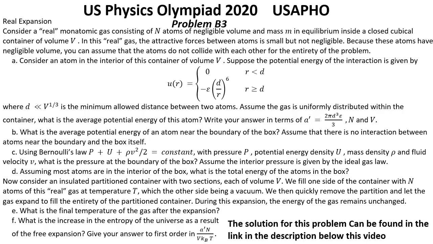US Physics Olympiad, year 2020, USAPHO, final round. Problem B3. Real expansion. Consider a real monatomic gas consisting of n atoms of negligible volume and mass m in equilibrium